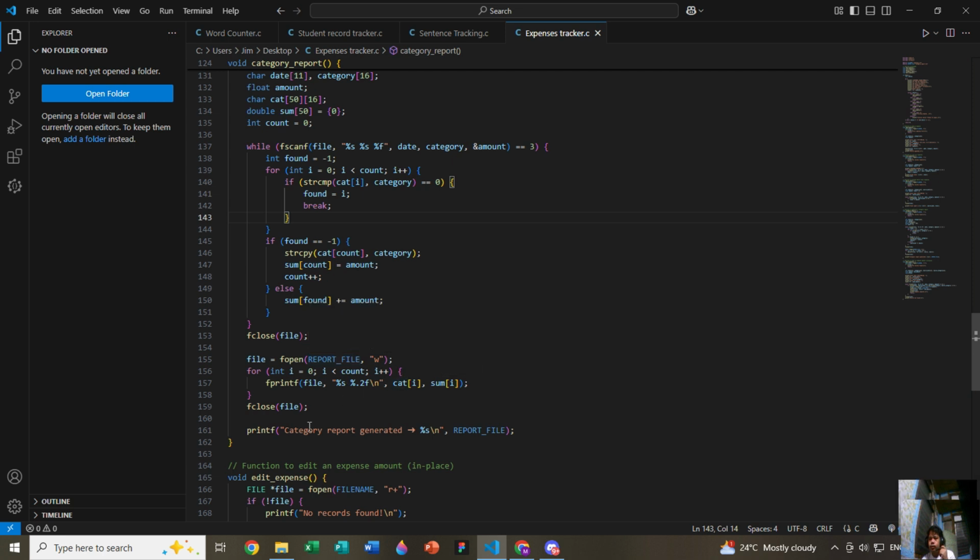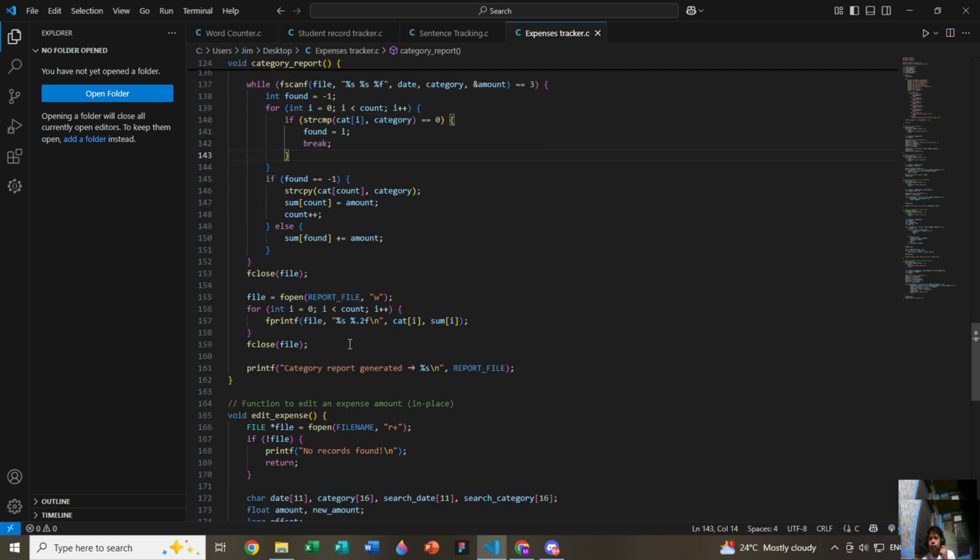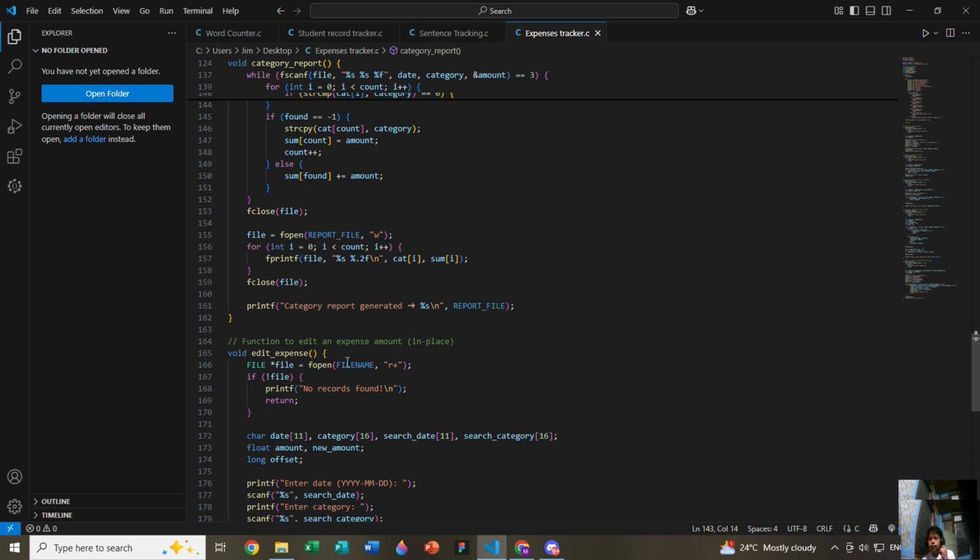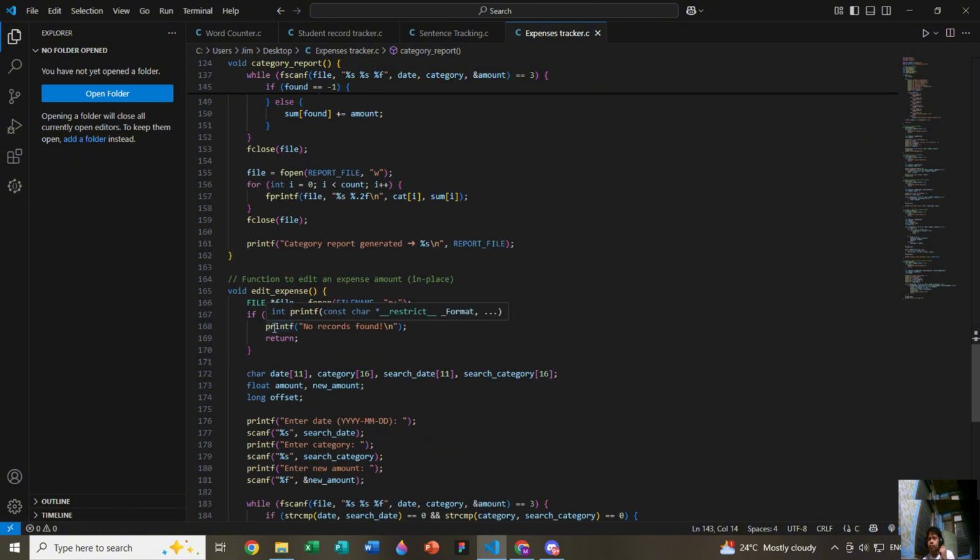Void. Now for editing the expense amount. Basically, this edit expense function does not return anything. Basically, no argument and no return value because it is void.